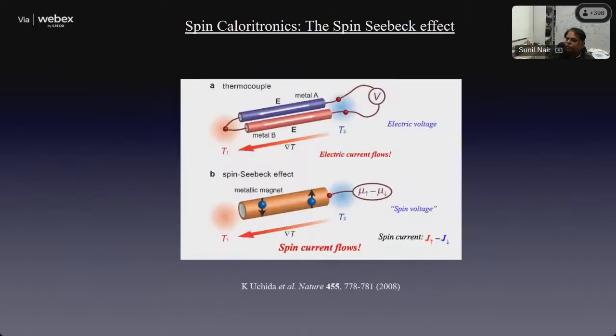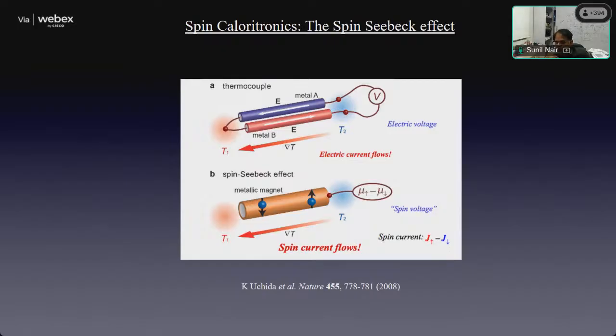So this was the introduction. The area of spin caloritronics actually started in 2008 with a landmark paper from Tohoku University in Japan, by Ken Uchida and group, who were the first ones to realize it. It's actually quite interesting. The Seebeck effect has been known for more than 150 years. It's a very old effect. People have known about this for ages. It took them 150-odd years to realize that there is a spin equivalent of it lying around,